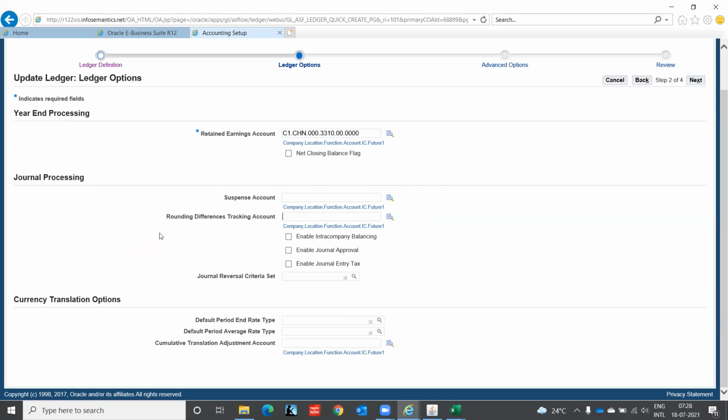Rounding difference tracking. Sometimes with currency conversions, whatever you are posting, some minimal values will be there, which is causing the imbalance between the journal debit and credit. At that time, the rounding difference account will be taken up at the journal level automatically and it completes the journal. Intercompany balancing, when we have intercompany transactions,